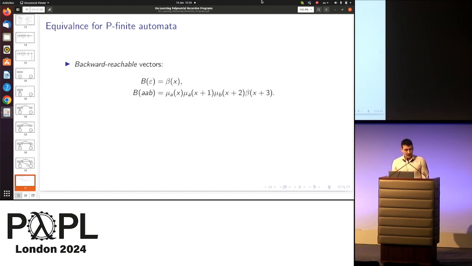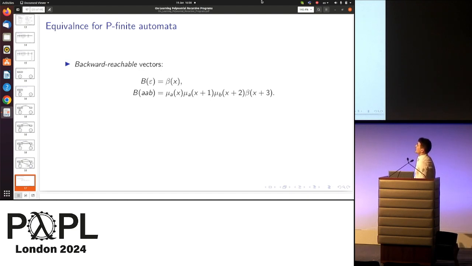Okay, so now going back to P-finite automata. For the equivalence problem, we are looking at backward reachable vectors. These are basically the vectors that can be reached by, well, kind of ignoring the initial state. To be a bit more specific, for the empty string epsilon, the backward reachable vector is just the final